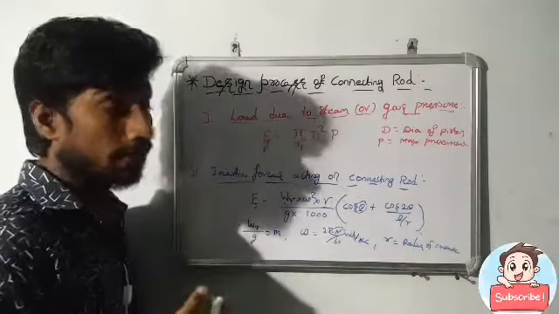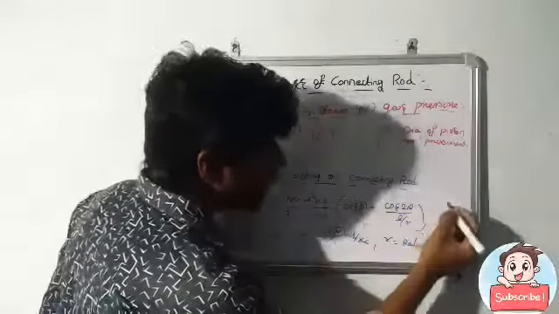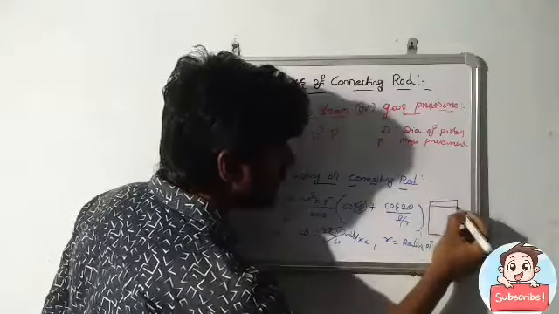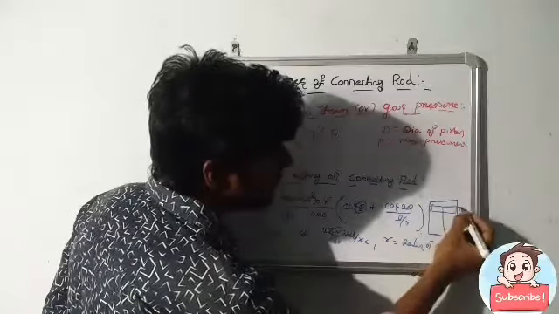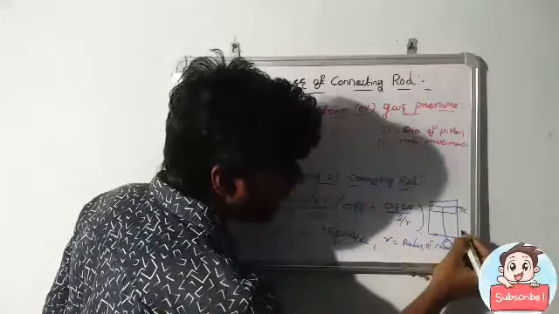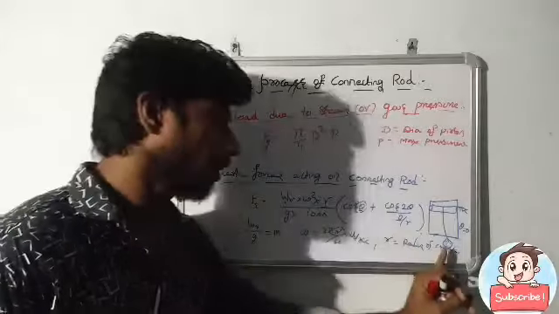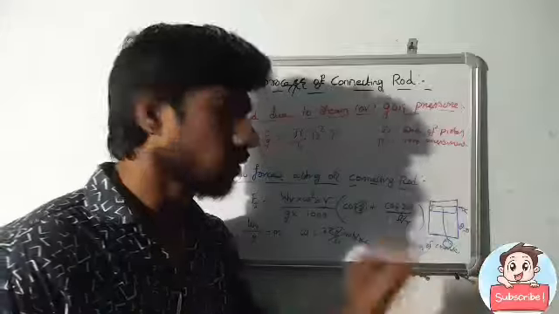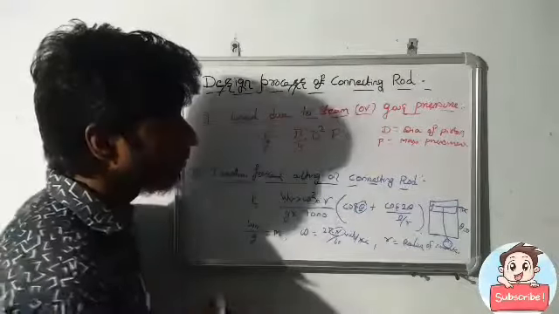So how do we get that theta, or how do we consider theta here? We know very well, when the crank is in TDC position, theta is equal to 0. Why? Because when the crank is in TDC position, the angle of the crank is considered 0. So that's why theta is 0 here.